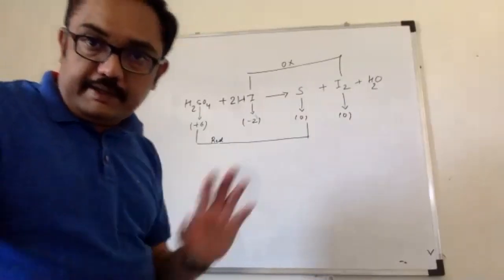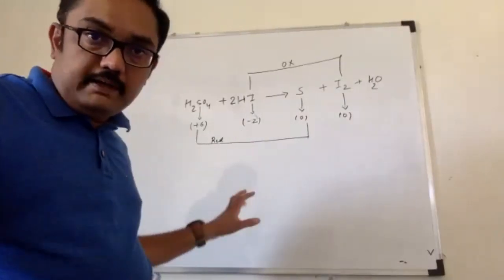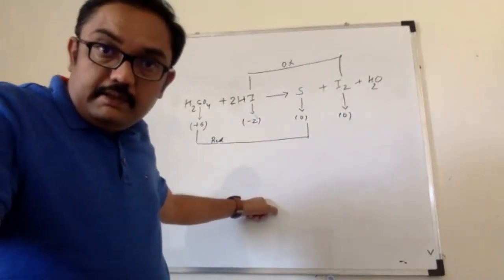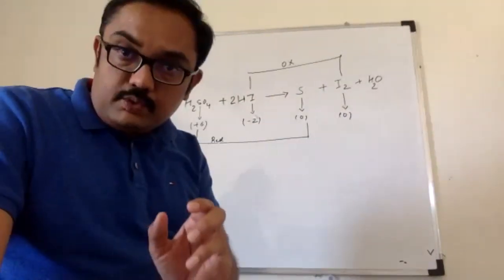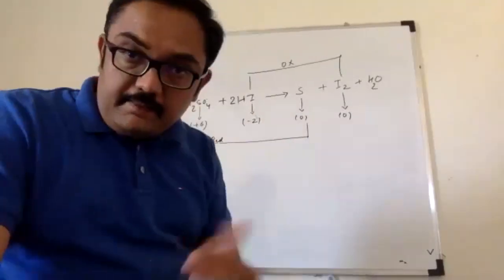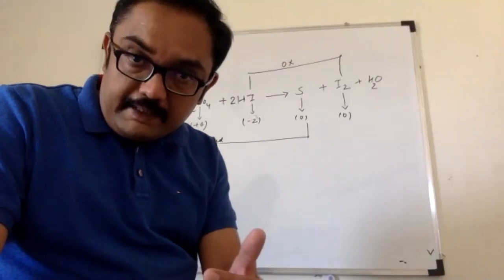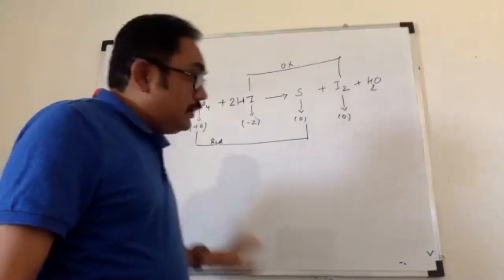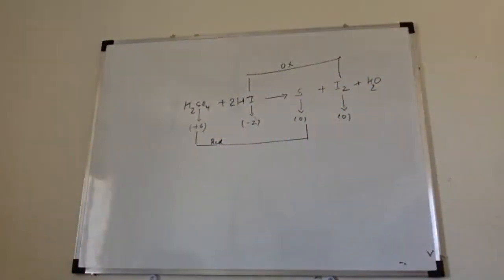I have found the oxidation numbers, and then I have labeled the reduction half and the oxidation half. Then I have balanced the atom that undergoes change, and when I balanced the atom, I changed the oxidation number for the balanced atom simultaneously. Okay, now after you have balanced the atom,